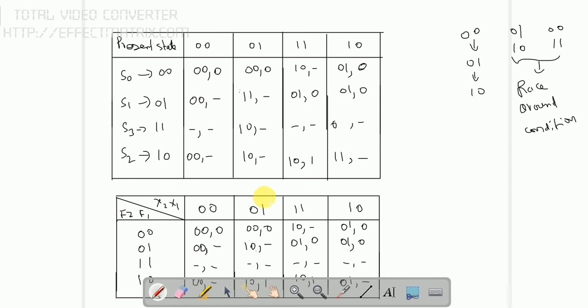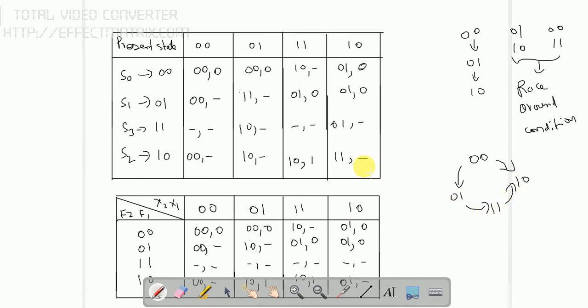Why am I telling 1 1? See here for 00, I already told that 0 1 to 1 0 can be changed, and here also 0 1 can be changed. But here, for changing from 0 1 to 1 0, through 1 1 only I am able to change. Because 0 1 to 1 1 is a 1-bit change, and 1 1 to 1 0 is a 1-bit change. Now to convert from 0 1 to 1 0, it can be done through 1 1 only.